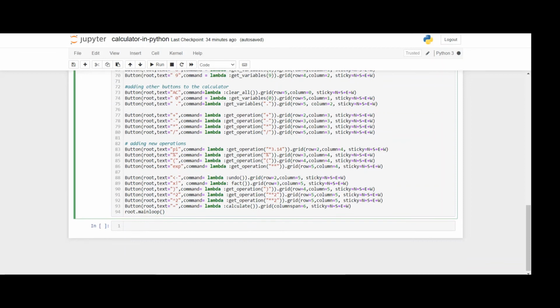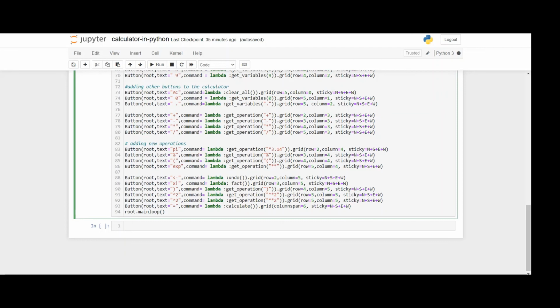You can see here in the input a pi button. In this pi button I'll set the value 3.14. You can set your own value. Here you can see the exponent. In arithmetic operations, exponent is double star, meaning power. And here the open bracket, the closing bracket, and all the operations are done here.